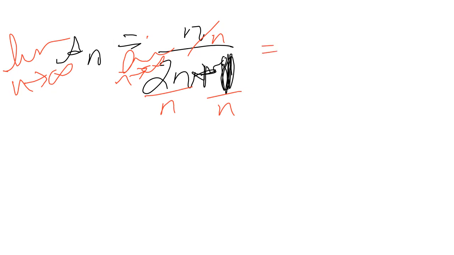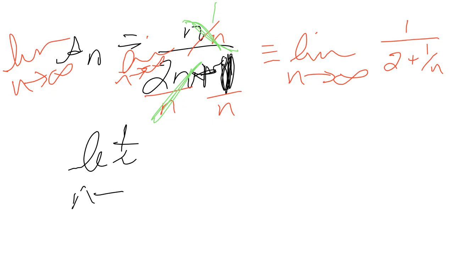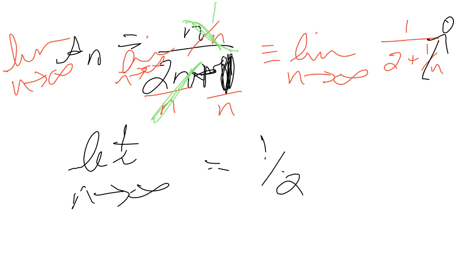But anyway, so this is going to end up being equivalent to the limit as n goes to infinity of, let's just use green for what cancels out. That cancels out to a 1 on top, and these n's cancel out to a 1. So anyway, it ends up being the limit as n goes to infinity of 1 over 2 plus 1 over n. And of course now, if I let n approach infinity, this part right here is going to go to 0. So this ends up equaling